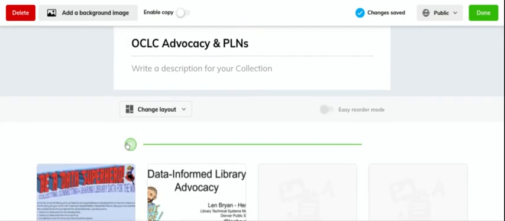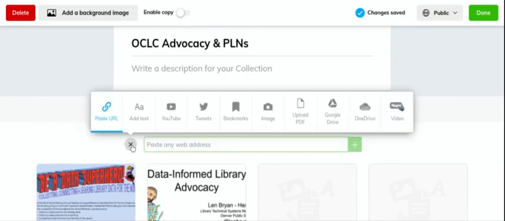Super easy to add a resource. You just click the plus button. You can see that I can paste in a URL if I have it directly. I can add text. So if it's just something I need to type out, I can put text in there. A YouTube video,